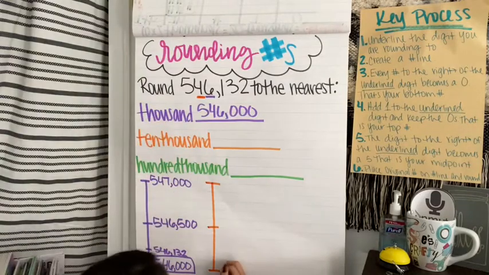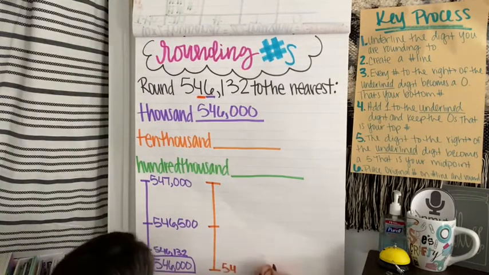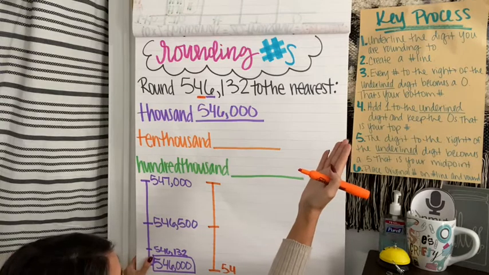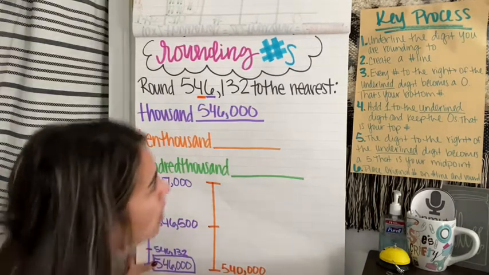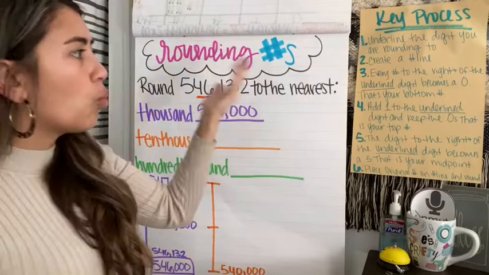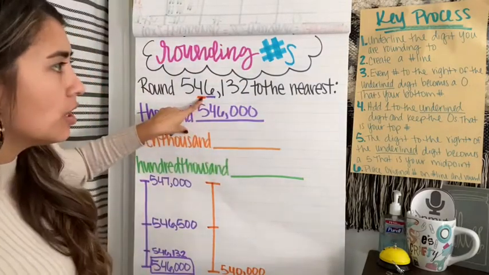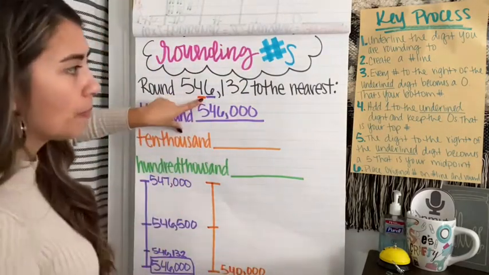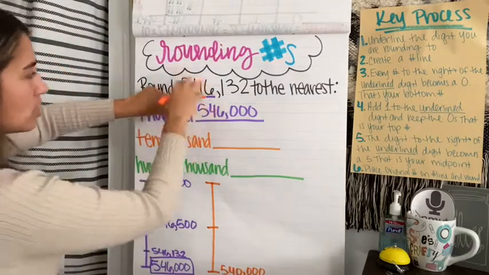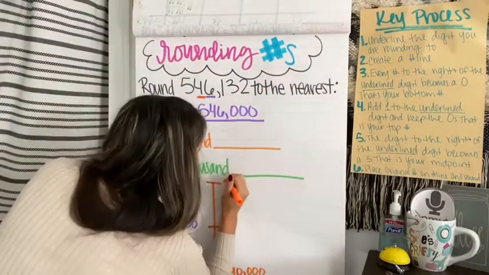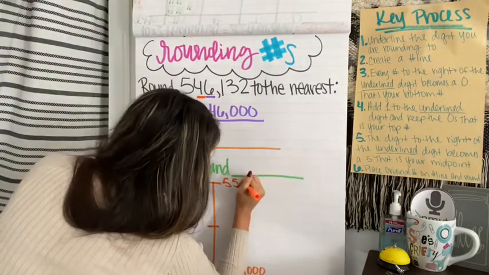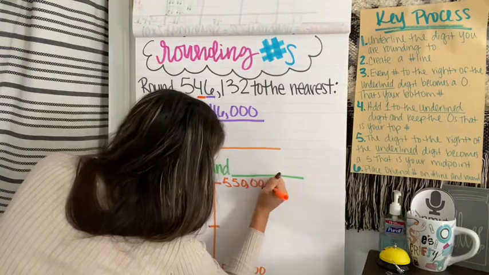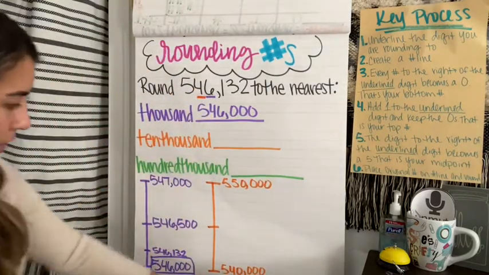Okay, well let me just copy that. So 5, 4 is underlined, and it says every digit to the right becomes a 0. So 0, 0, 0, 0. Cool. Step 4. Add 1 to the underlined digit and keep all the zeros from down here. That's your top number. So 4 plus 1 is 5. So I have 5, 5, 0, 0, 0, 0. Okay, so 540,000,